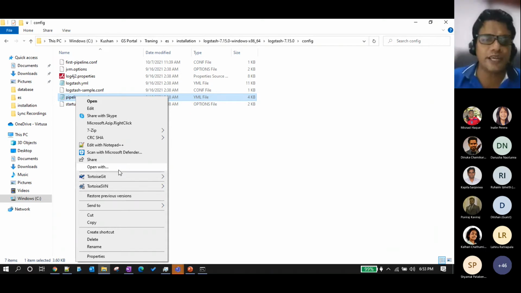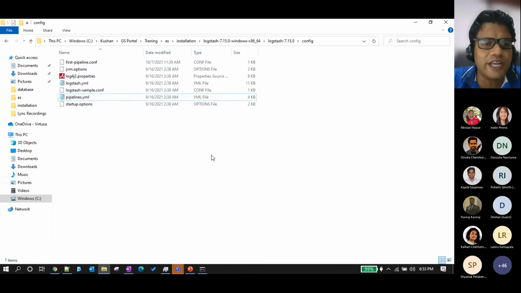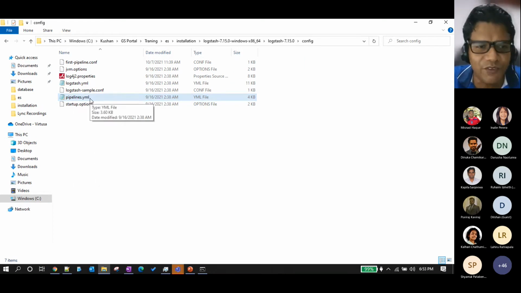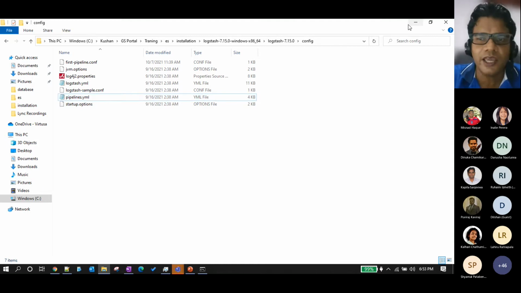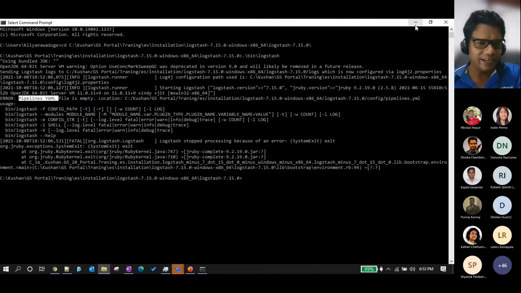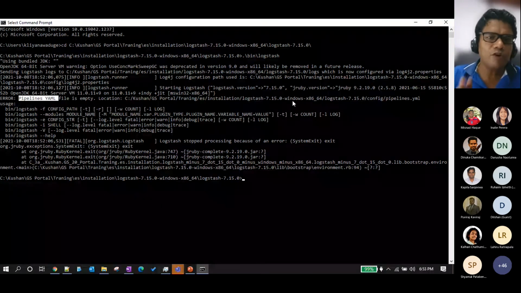We have just run the Logstash binary, but it goes and looks at this particular file, and we don't have anything there. Anyway, I'm not going to touch this particular file. We will do it in a later session, in the future.